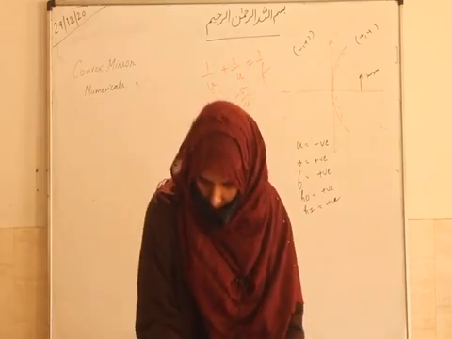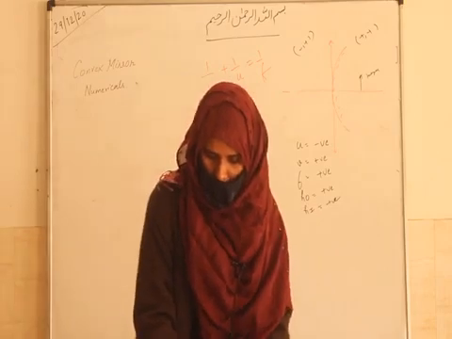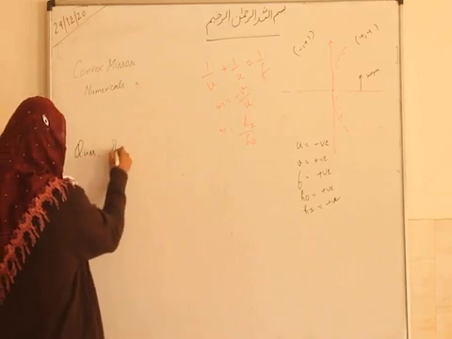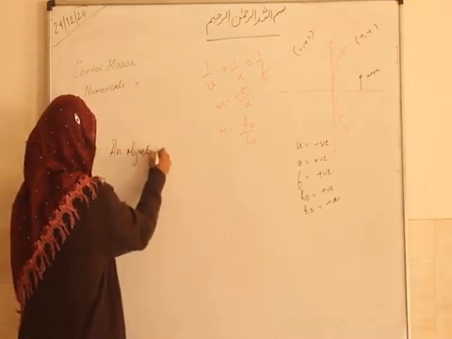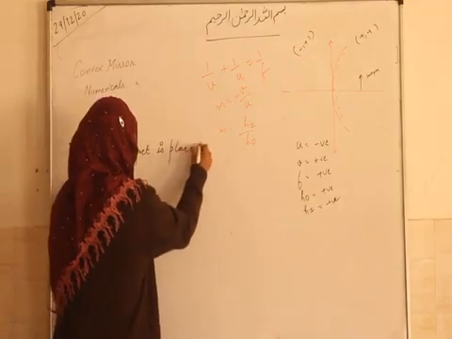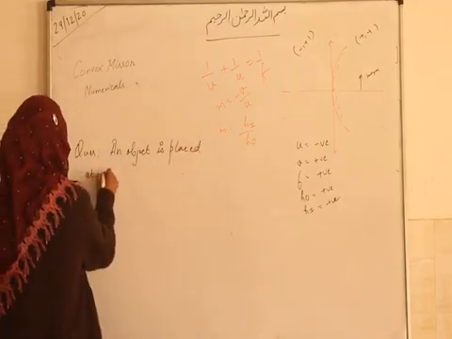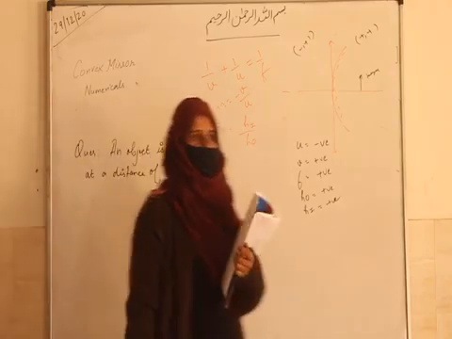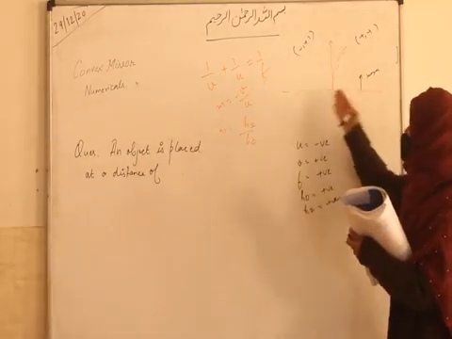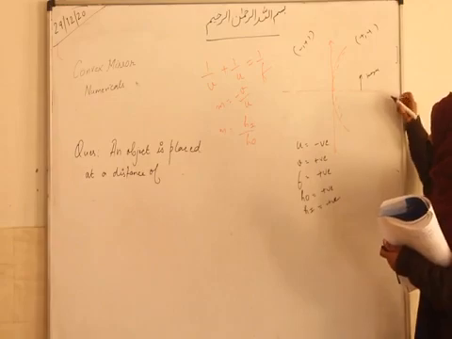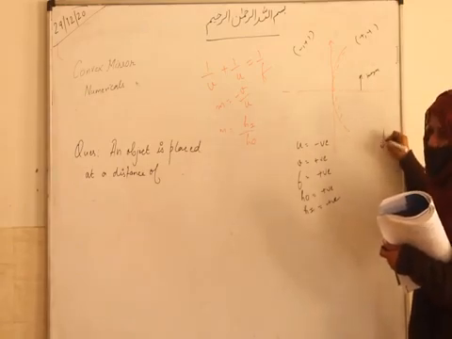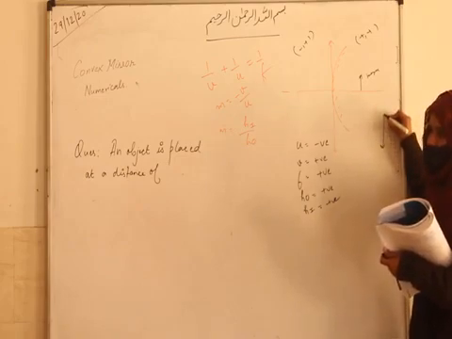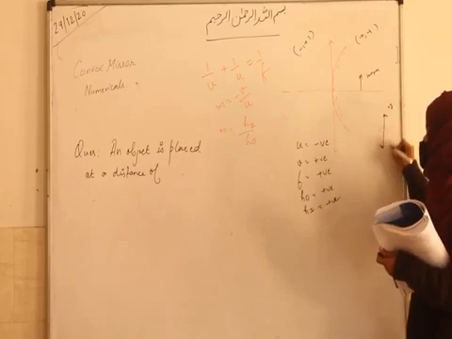So, here is a convex mirror. An object is placed at a distance of. In some books, they consider upward and downward in such a way that g, the direction of g, is always acting downward. So if the image height is upward, then it will be taken as positive, and otherwise it will be taken as negative.